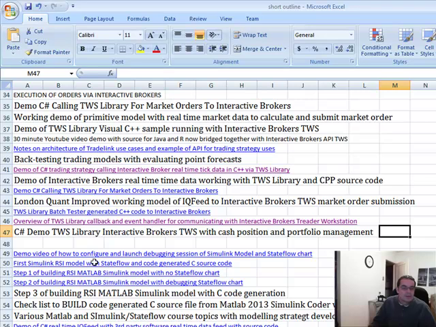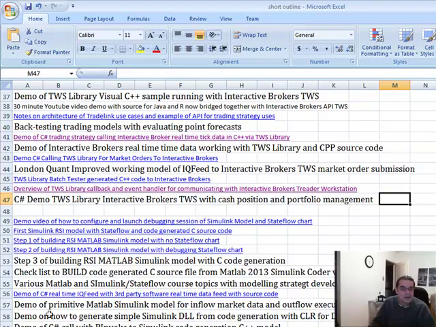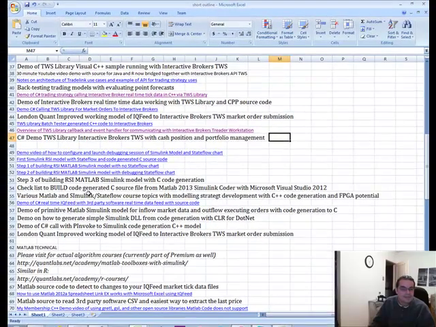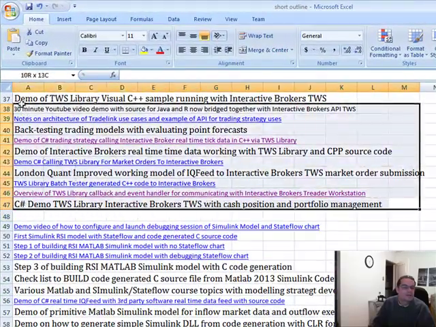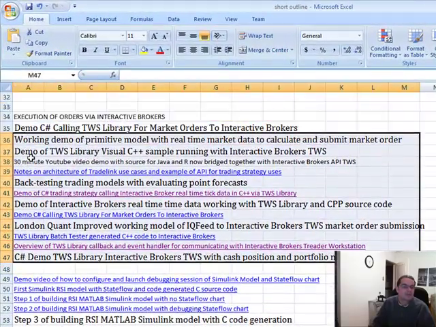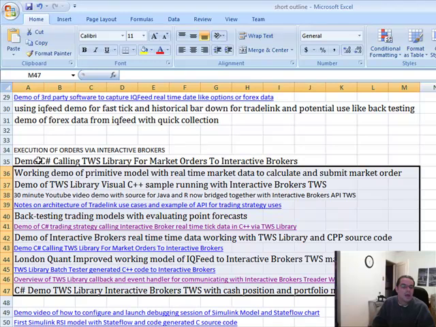Let's see here. We got some... Yeah, okay. That's pretty well it, I think, that we have available for the TWS and Interactive Brokers. Like I said, we go from there. Hopefully,